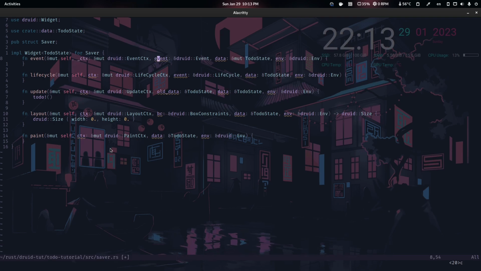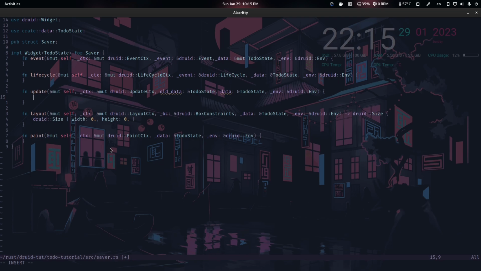Okay, so I've just gone ahead and put underscores on everything we're not going to use because I don't like the warning messages. They just clutter everything. So for our update, first we want to check if the update is because of our text box, because if you remember, our text box updates the new text field every time someone types anything or deletes anything, which we don't want. So first we're going to do if data dot